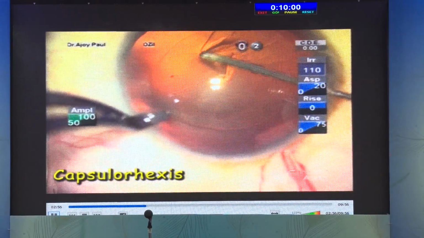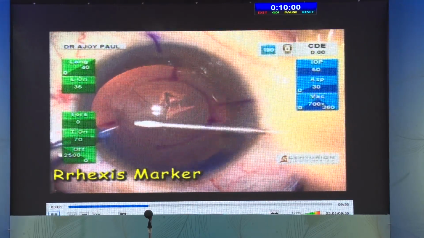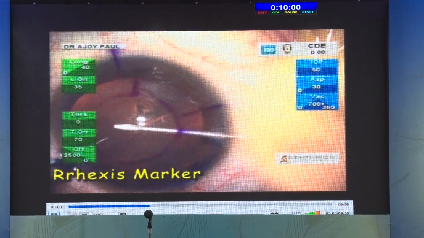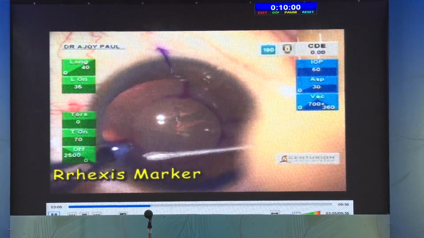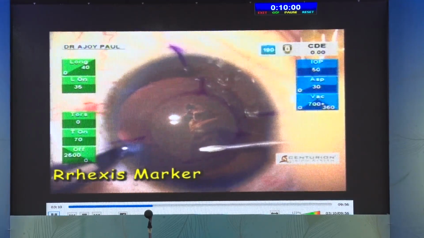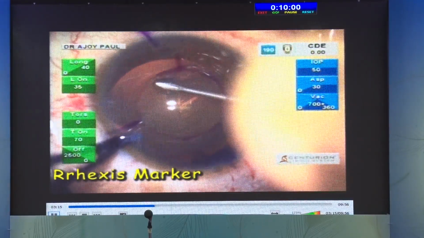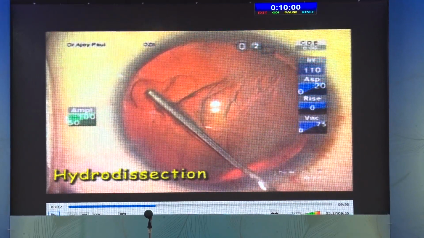5 millimeter is what I would suggest, because if you look at this, this is a hypermetropic eye with axial length 21, where we are planning to put a 29 diopter lens. Now, a rhexis marker is something that can be handy if you do not have femto in your setup. This is very important, specifically for RLEs, the right central rhexis, because any shift of the lens over a period of time would invite early PCO, and then you have to do YAG, and then the risk of retinal detachment.